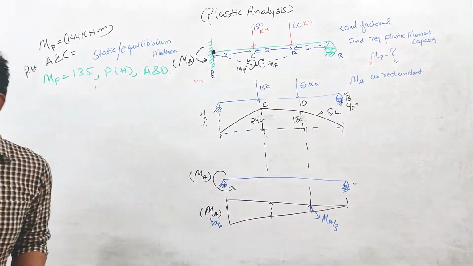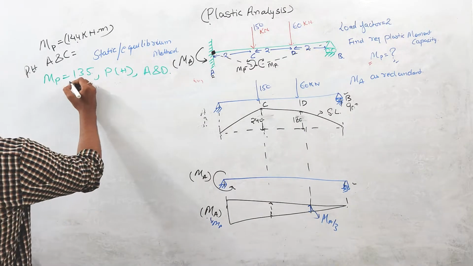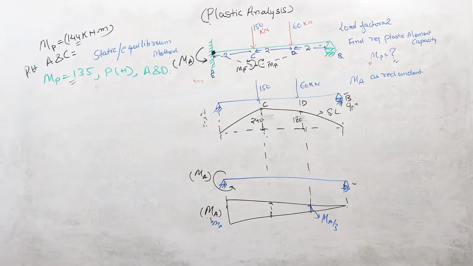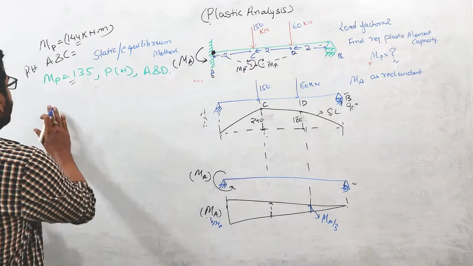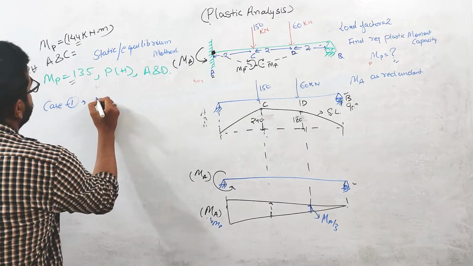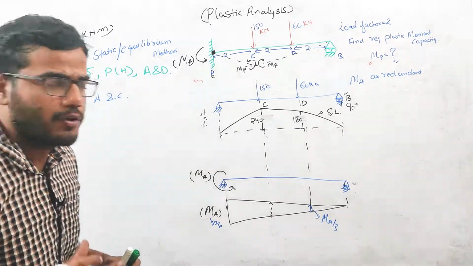Okay, now the part is very, very important. So we got two moment capacity. So one is, now first, case one is what? When the plastic hinges are formed at A and C. Okay, for the true mechanism,